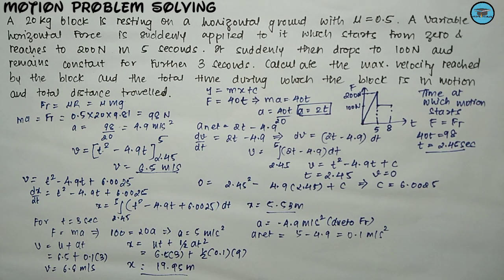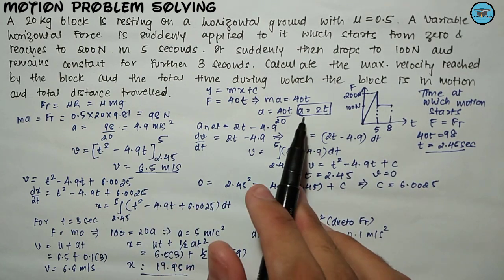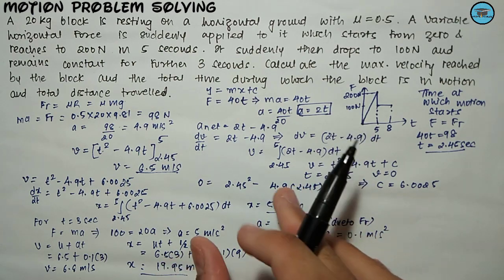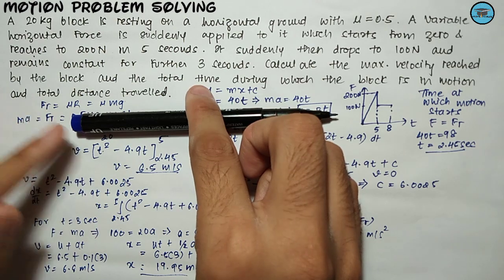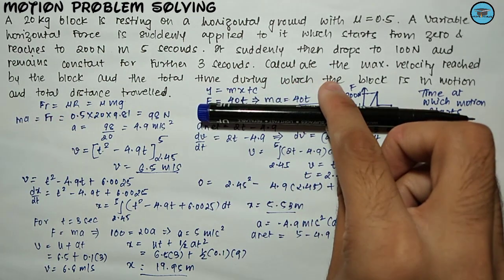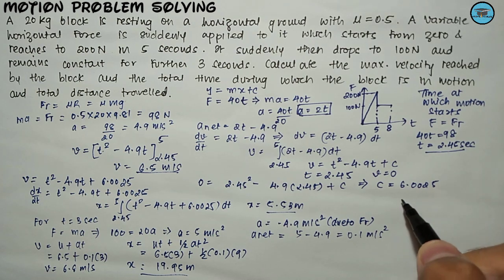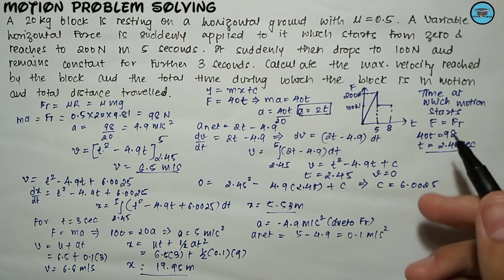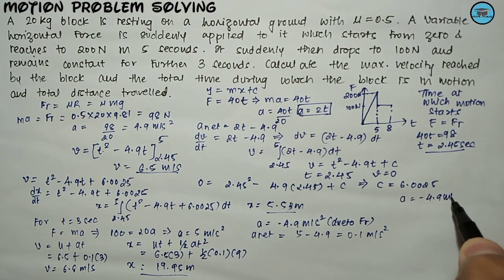Now after t equals 3 seconds, there will be no force acting on the body, but definitely the frictional force would act on the body. If the body is in motion and suddenly the force stops acting on it, then the body will continue its motion. So for the third part, when only frictional force is acting and no external force is acting on the body, acceleration is nothing but minus 4.9 meter per second square.